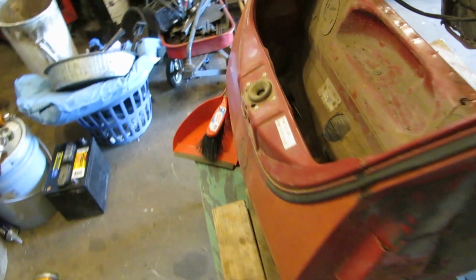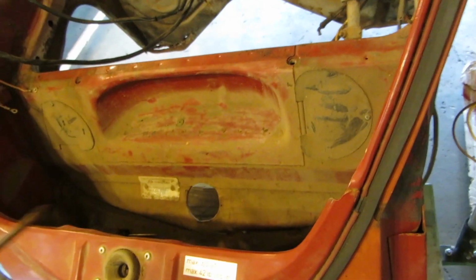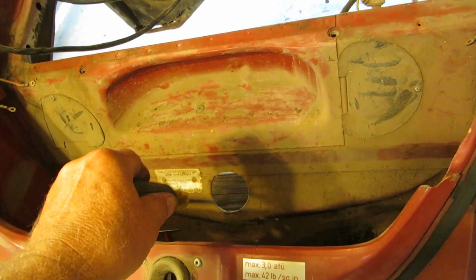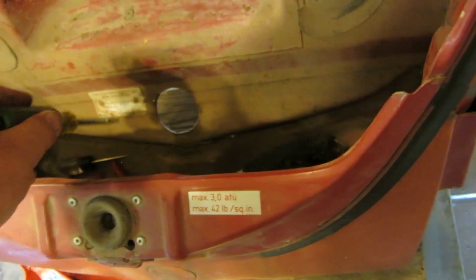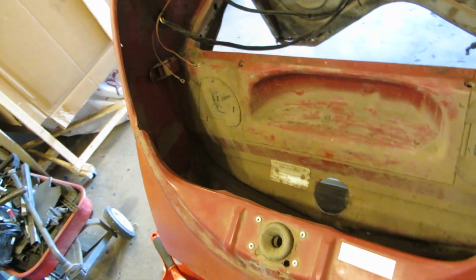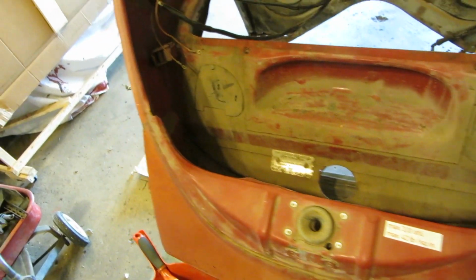Now, Abner and his brother Bubba decided it would be a good idea, and I don't know if they took this off or not, to pick it up in some sort of fashion right here. Everybody knows this is the secret jack point of a Volkswagen, so they pulled this in and bent the body tag, and this is going to have to be addressed too. Stuff like that really frosts me, when people stick their big dirty beaters in something and don't know what they're doing. That just makes me angry. Anyways,